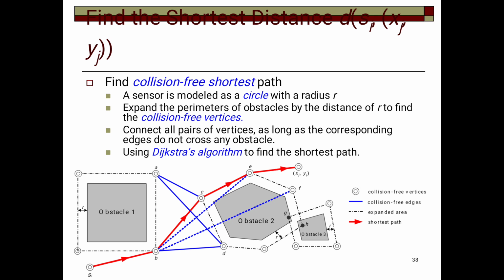Now the shortest path. See, for every obstacle, we give a radius of R outside the obstacle. Suppose a polygon, we give a radius of R outside the obstacle. And there we keep nodes at a distance of R. We keep nodes so that no obstacle is there. Okay?